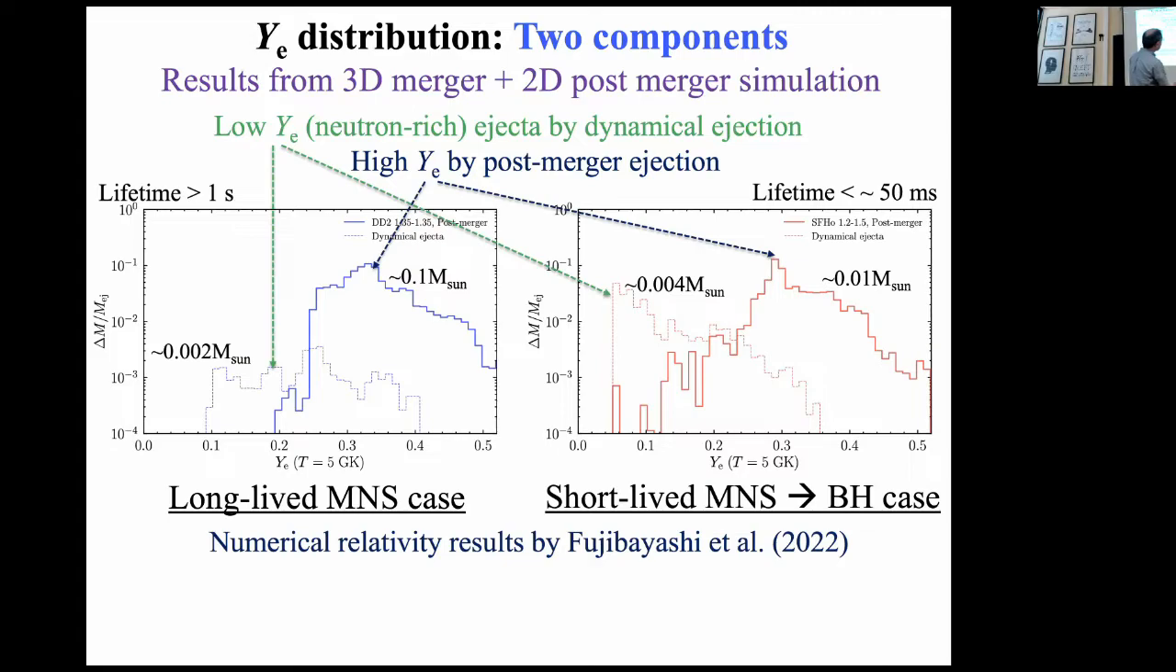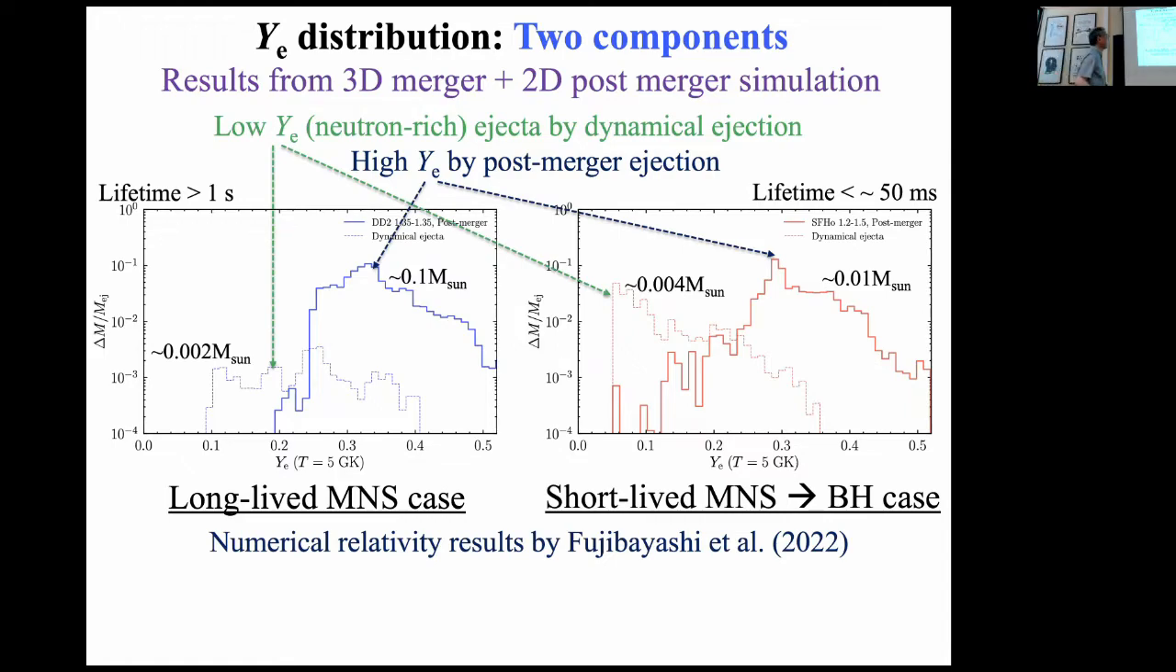In the high mass case, this is the dynamical ejecta, and this is the post-merger ejecta. In the high mass case, the dynamical ejecta could be larger than in the low mass case. By contrast, in the presence of a black hole, post-merger ejecta is suppressed due to the absorption by the black hole. And in this case, post-merger ejecta could be fairly high. So for this case, the low Y component is suppressed, but the high Y component is enhanced. For this case, the low Y component is or both components are